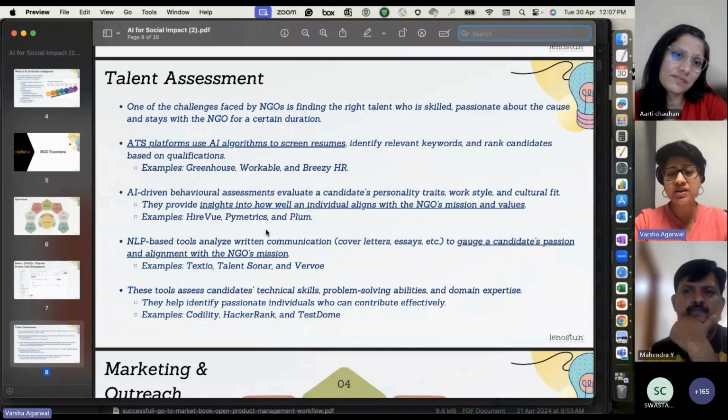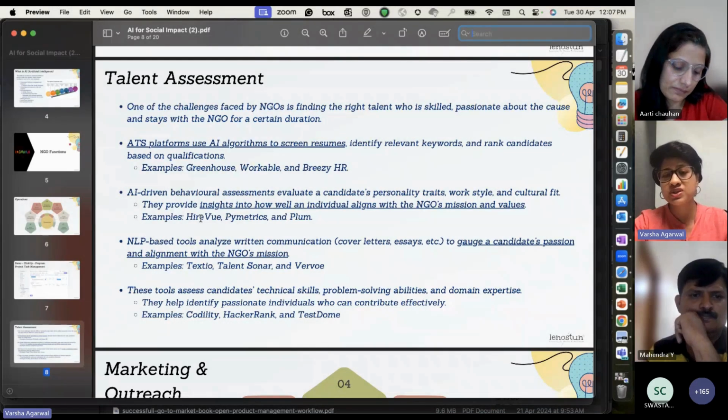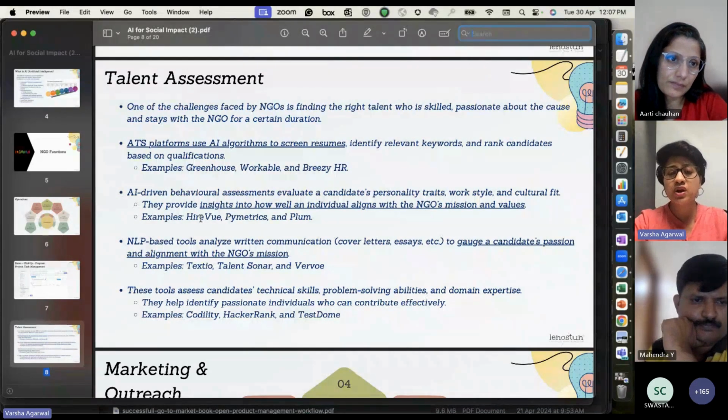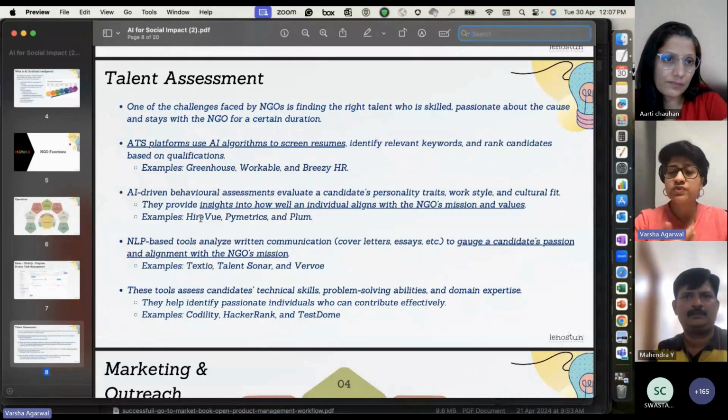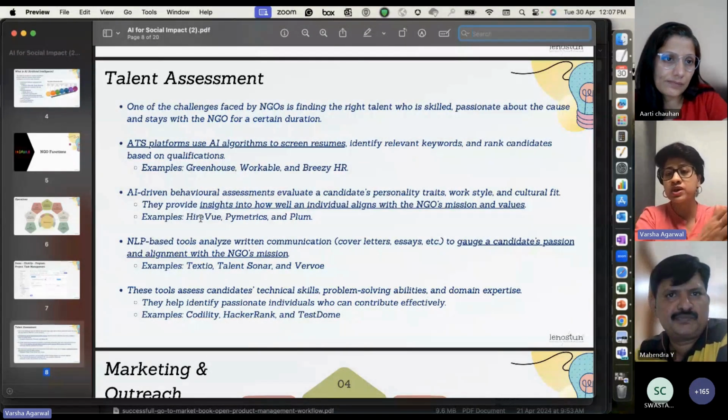So I highly encourage you to explore some of these tools and see, going forward, how we can use some of the behavioral assessment tools at least. And it's not that we have to sit through it. We have to send these assessments to the candidates. They need to fill it. AI will provide the assessment that, oh okay, this is something which I feel, and then you can shortlist,